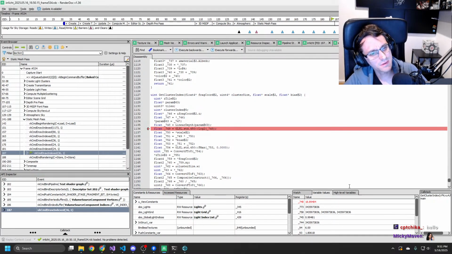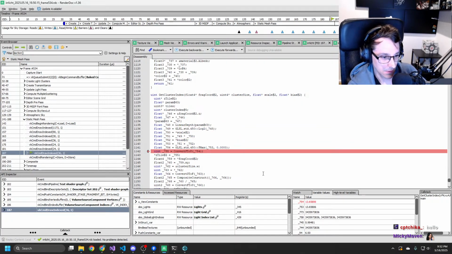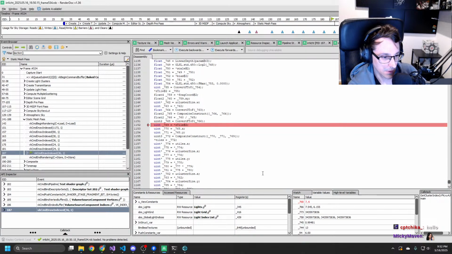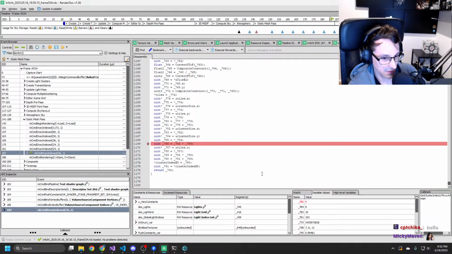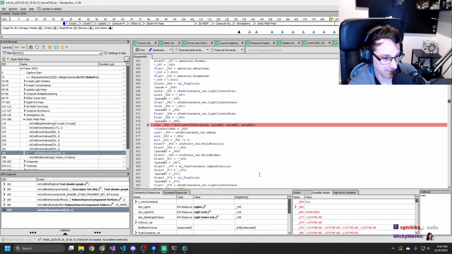Which probably makes sense. But it's just not giving us the correct cluster index, right?